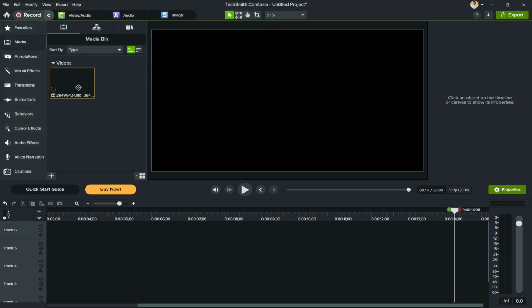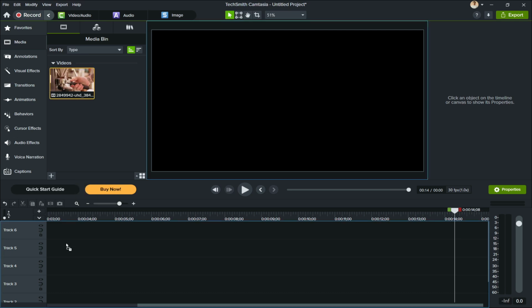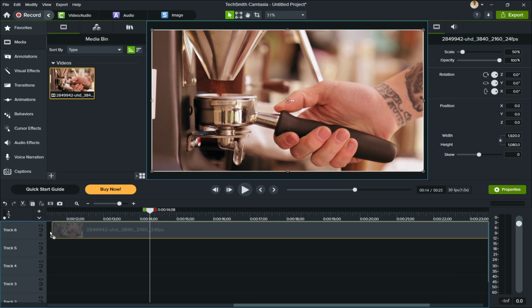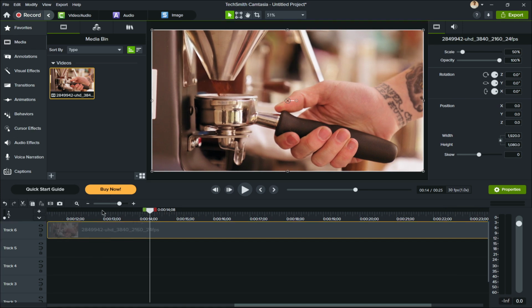The timeline is essentially the workspace where you'll organize and edit your video. Simply click and hold your video file from the media bin and drag it down to the timeline at the bottom of your screen. Now let's add an arrow to your video to emphasize a point or draw attention to